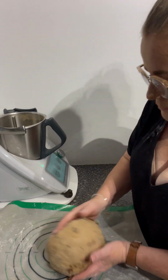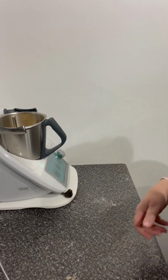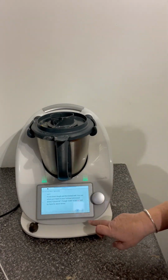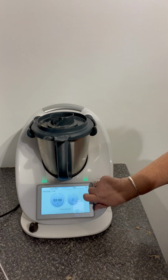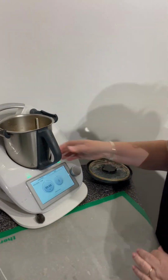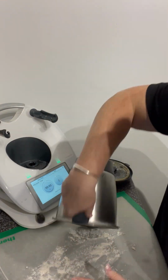Now I'm placing a clean bowl back onto the base of the Thermomix and popping our dough back into it, because we're going to knead it one more time. So pop the lid on, and we're going to knead it for another 3 minutes on dough mode, or you can do it with your hands for 4 minutes if that's what you like to do. We also need at this point to preheat our oven to 200 degrees,